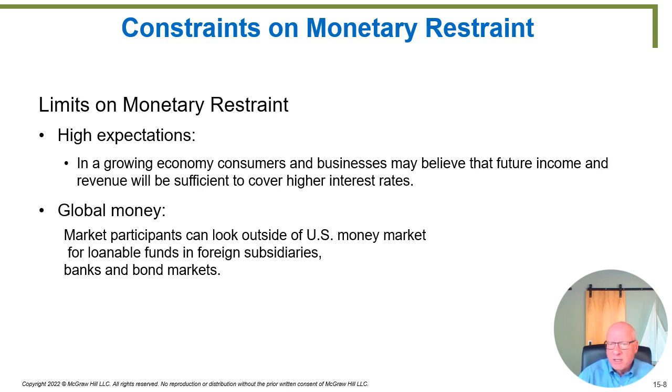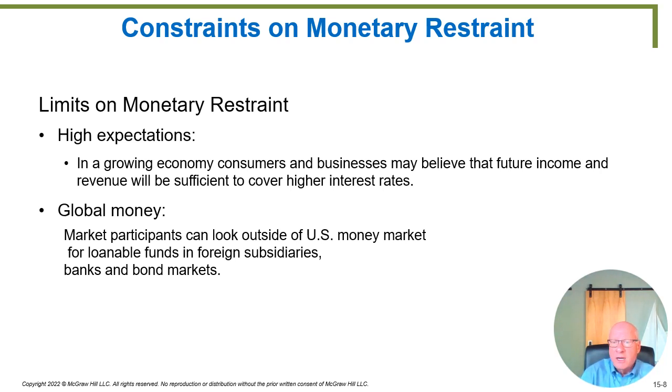And then last but not least on this issue, money lending now is a global system. So if business people in the United States find that interest rates in the US have gone up and they're thinking about cutting back on equipment purchases, they could instead borrow the money from Barclays Bank in England. Obviously the Federal Reserve doesn't control their interest rates, and so it may very well be that especially large companies that have foreign subsidiaries could simply borrow the money overseas, and therefore the Federal Reserve would have very little restraining effect on their desires.